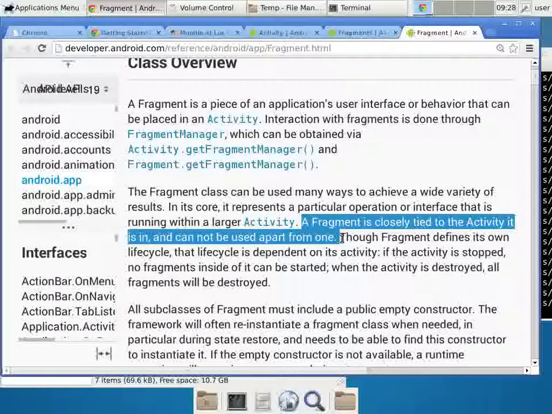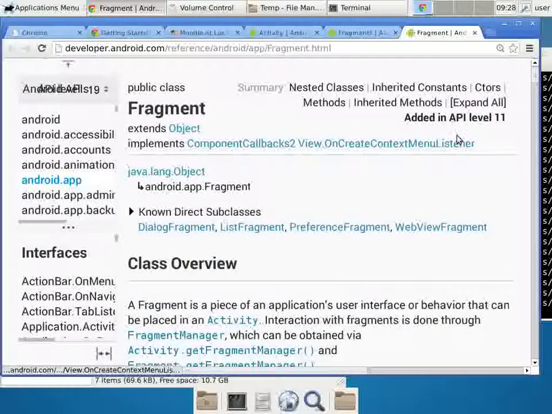So a fragment is a component of an activity, or can be, depending on which API you use. The other part you also should pay attention to is that this was added in API level 11. So if you specify the minimum version to be 11 inside Eclipse, that's when it will start to incorporate the use of a fragment. But if you try to use API level 9, I think that's the recommended one, because